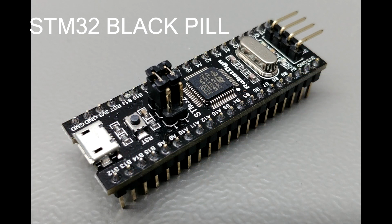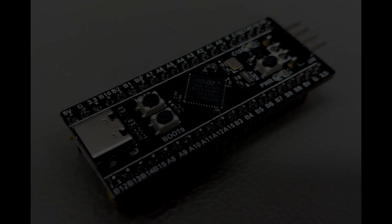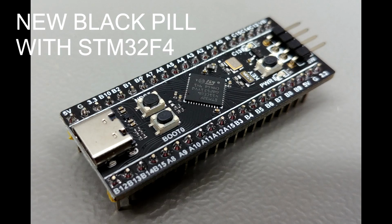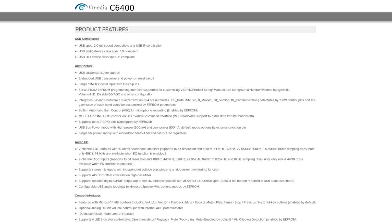This one's a little different. It's beefier, stronger, more powerful, bionic. It's the STM32F4. Instead of F1. And what's really cool is that the Blue Yeti, the normal one, has a Cmedia CM4600, maybe it's 6400, something like that,